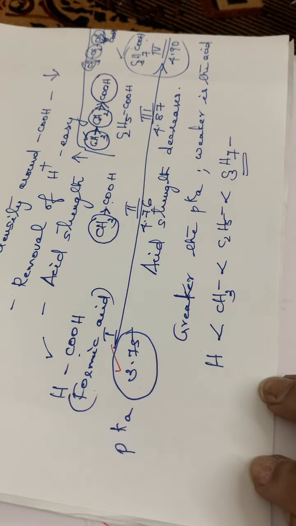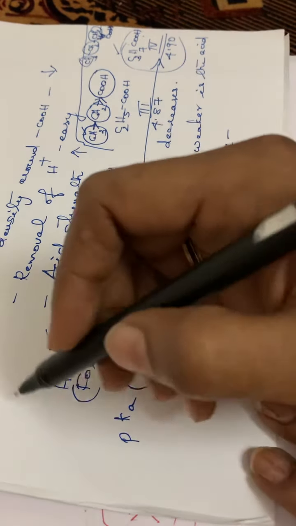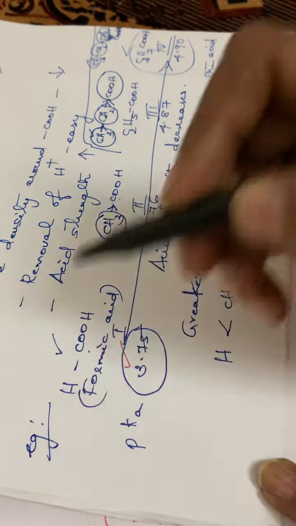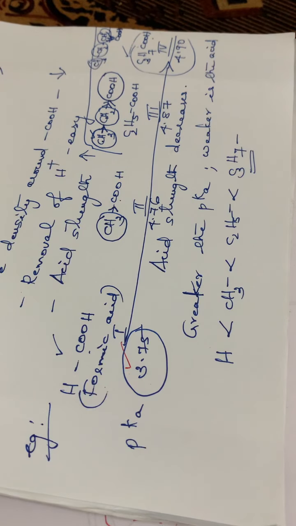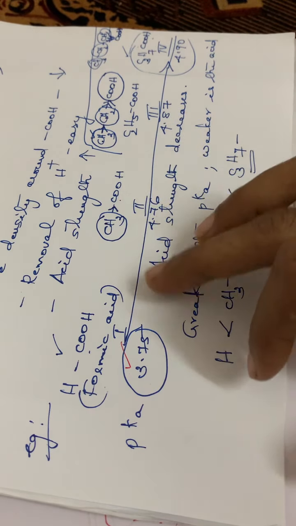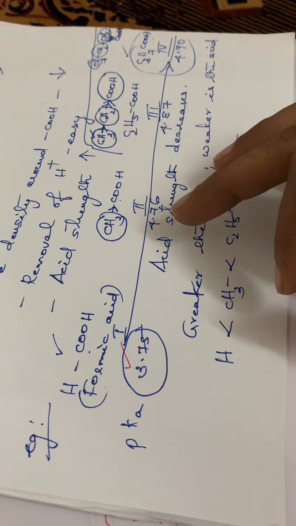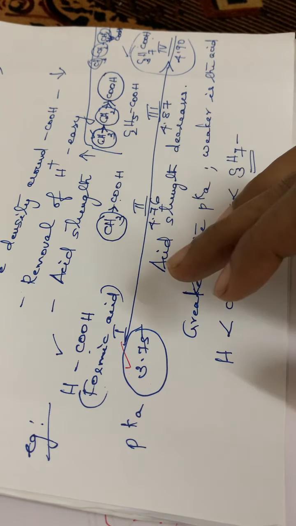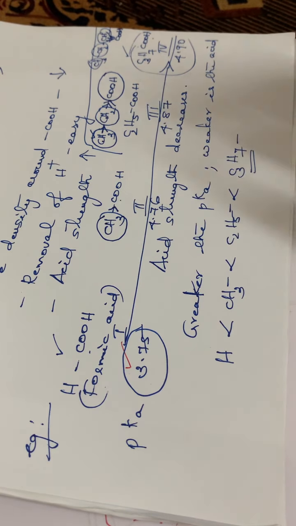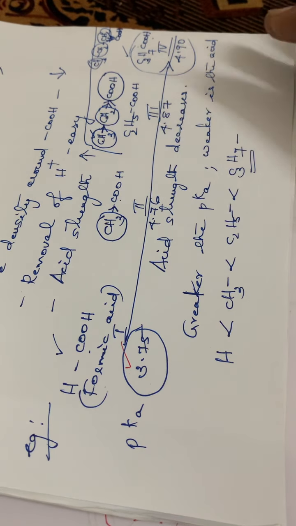So hope you are clear with this example. So this is the first one. So here in all these cases you have to study the examples, and also from the examination point of view, you will be asked to compare the different types of acids, the acid strength. You have to compare the acid strength of different acids. Given one or two acids, you have to compare the acid strength.